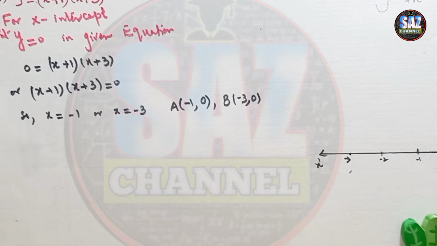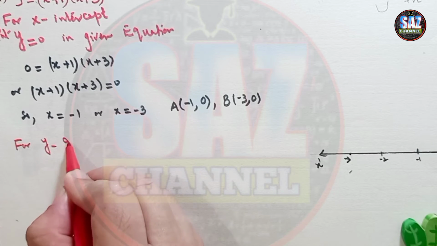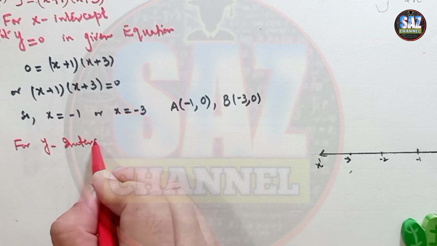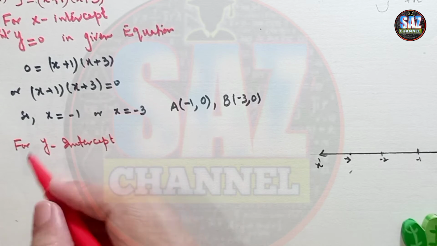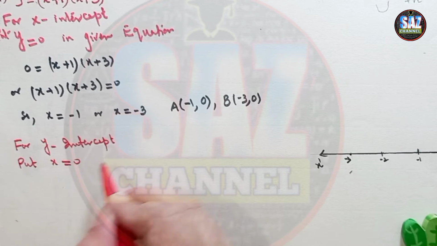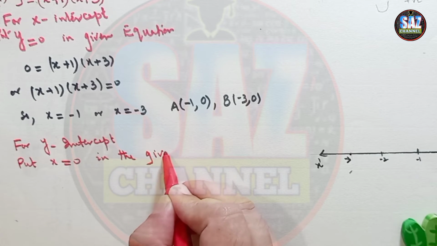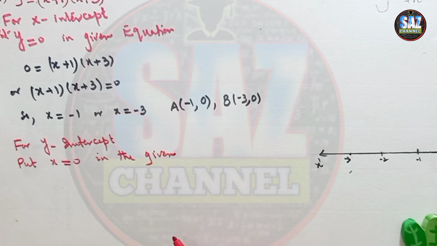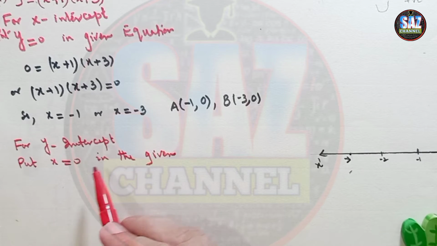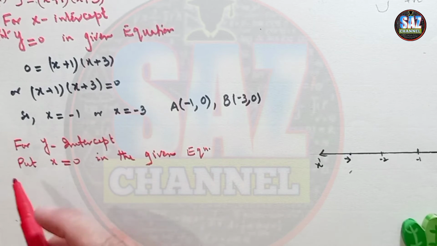For the y intercept, what we have to do is put x equals to 0 in the given equation. I will be going really slow because I'm making this lesson for my young students who are doing this for the first time. Put x equal to 0 in the given equation, and the equation will take the form